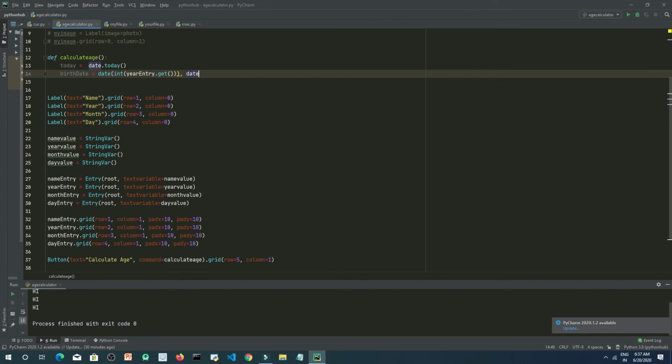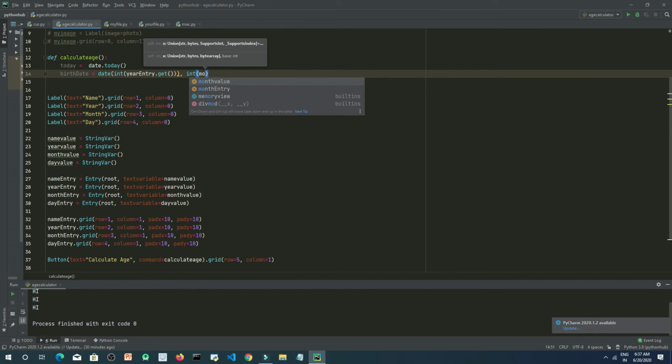Okay, and inside this we need to take the int month. Sorry, it's the only int, we need to take the month value. Actually, it's month entry.